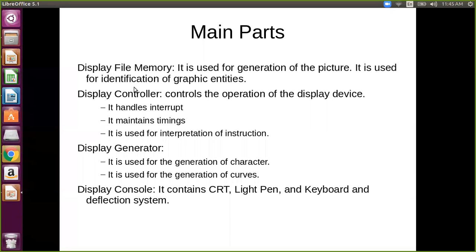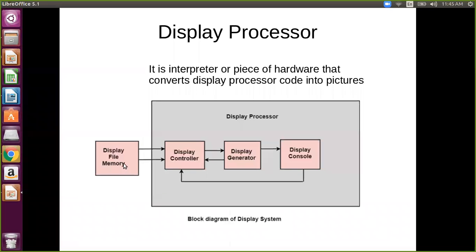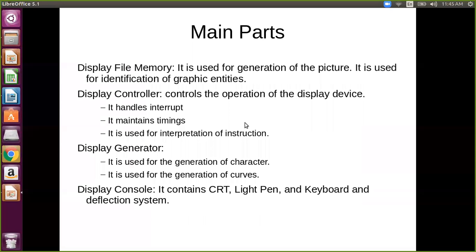The first part you see here is display file memory, the storage part. It is used for generation of the picture and for identification of graphic entities. In file memory, the data that is required to display is stored, generated according to the display requirement.